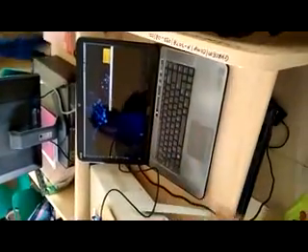Now next, we have to log in to the BeagleBone Black. For that purpose, go to the terminal. Here our terminal is open on our PC. So we have to log in to the BeagleBone Black. There is one command for that: ssh root@192.168.7.2. This is the IP address of our BeagleBone Black kit. Enter. Now we have entered into the BeagleBone Black kit.